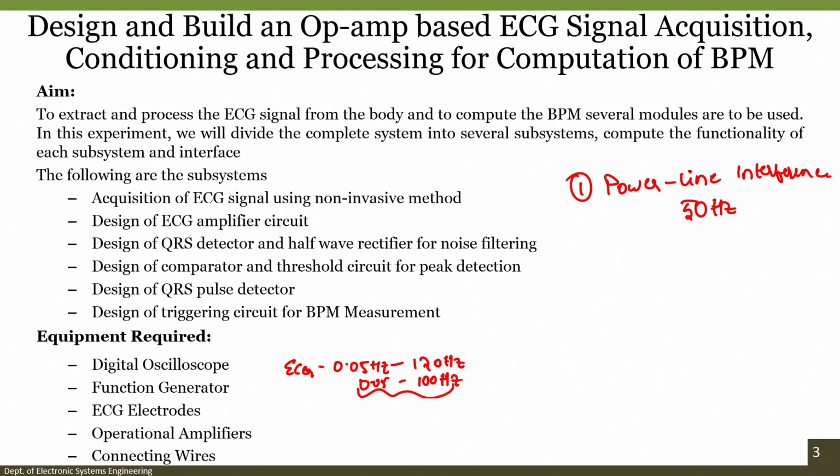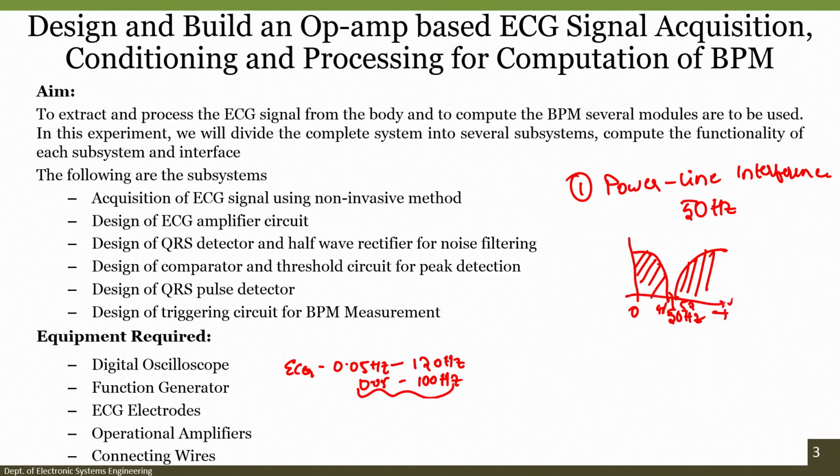But in case I want to filter the 50 hertz signal, if I remember, we can use some kind of a notch filter. So, how does a notch filter look? Something like this and like this. This is the frequency which we do not want to allow, and these are the frequencies which will be passed through. So, 0 to somewhere around 48 or 49 hertz we will allow, and again from 51 or 52 hertz till 100 hertz, everything, we will allow.